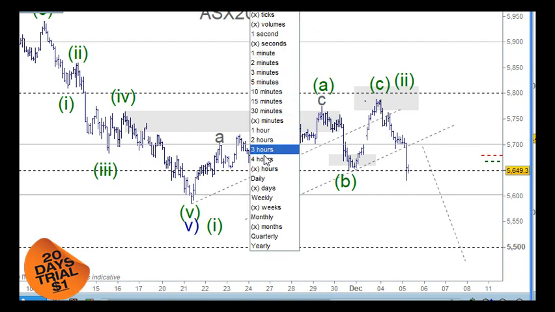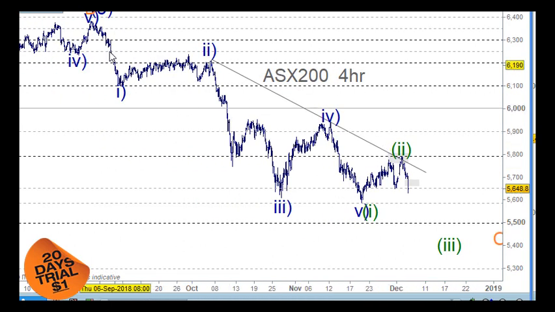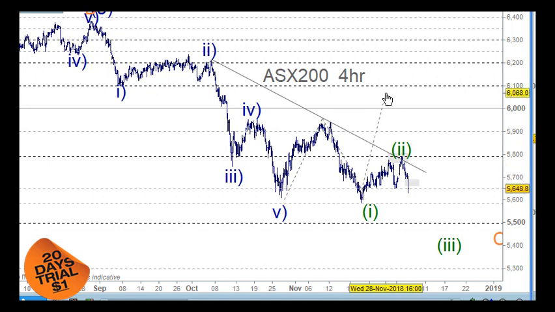So in the slightly bigger picture, this is the 4-hour chart, we can count 5 waves down through here. We could even go to the extent of having wave 3 here, wave 4 here, and wave 5 here. And a lot of the other markets, like the US markets, have had this as an A wave, a B wave, and a C wave, and that's what the Nikkei and the Nifty have done as well. But this market had this little corrective pattern, and didn't really have that nice push up there.